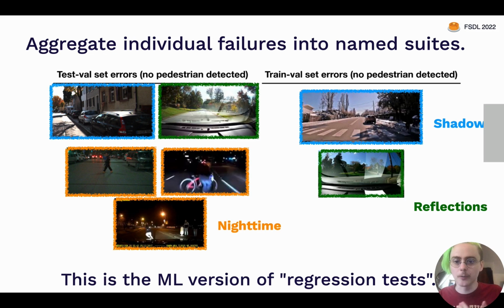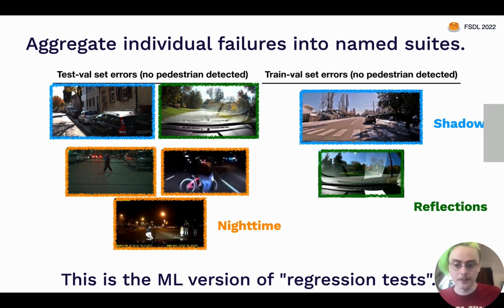In 2 examples, there's a pedestrian who's not visible because they're covered by shadows. In 2 examples, there are reflections off of the windshield that are making it harder to see the pedestrian. And then some of the examples come from night scenes. So we can collect these up, create a data set with that label, and treat these as test suites to